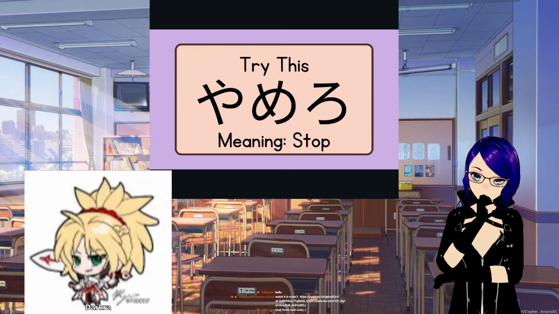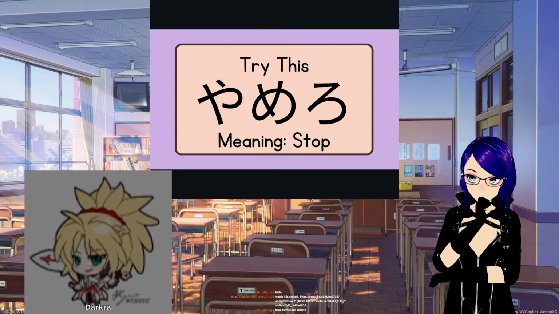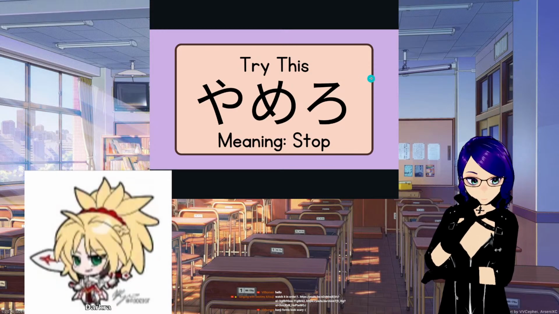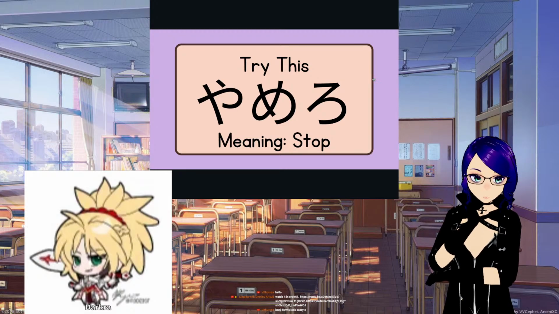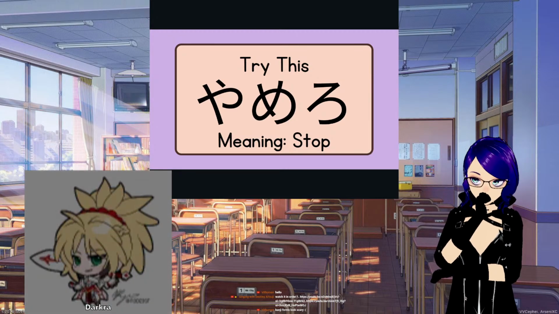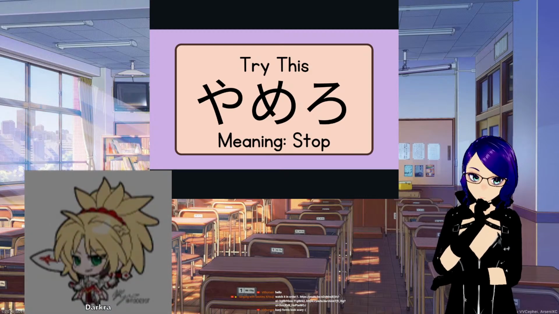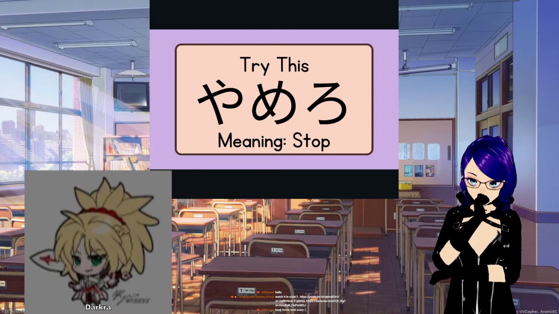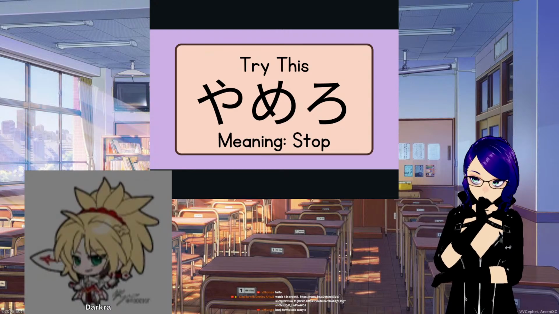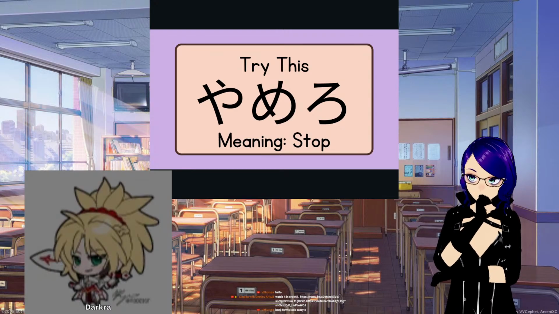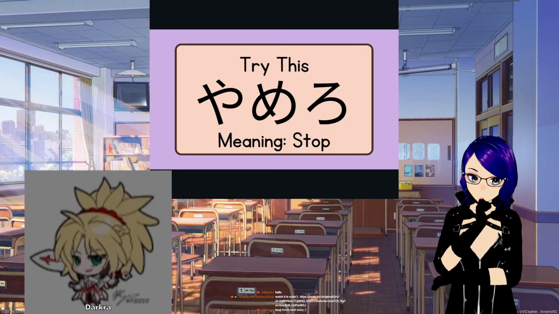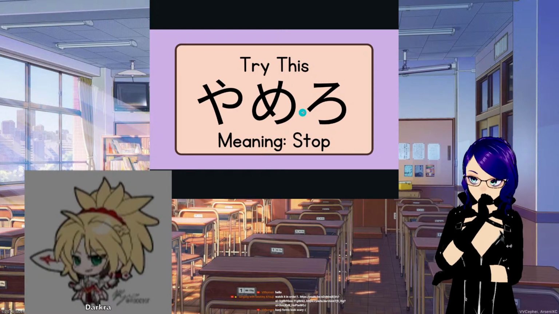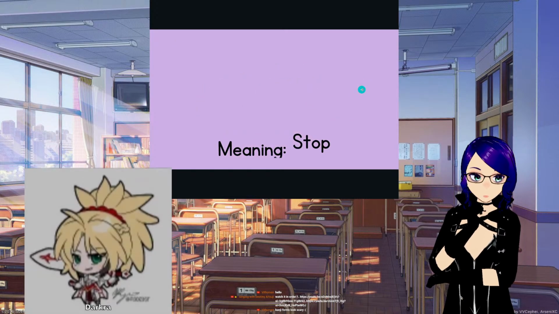Tomaru. Tomaru means to stop as well. Sorry, been playing a bit of Yakuza game, so I've been influenced. Yamero is don't do it. Tomaru is to stop something. So the stop is different. To stop an action, you say yamero. To stop a moving object, you say tomaru. For example, the car, you don't say yamero with the car, you say tomaru. Right? That's just a fun fact.